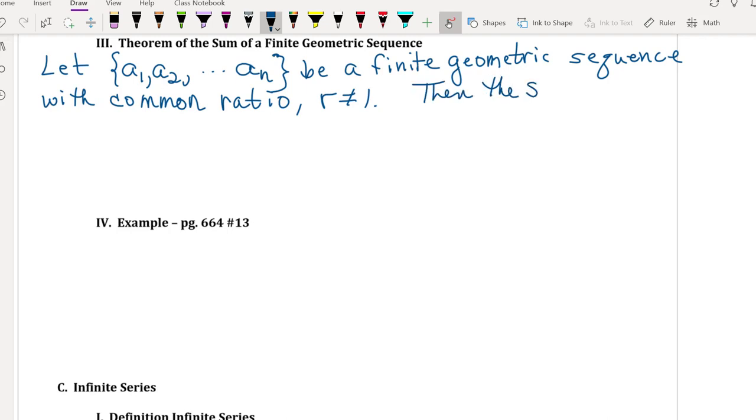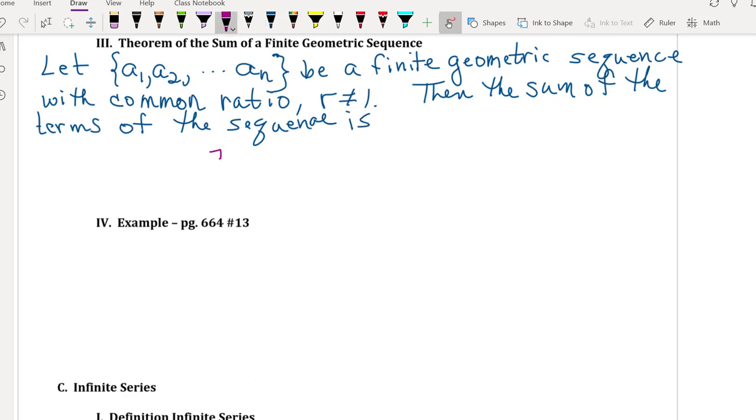Then the sum of the terms of the sequence is,